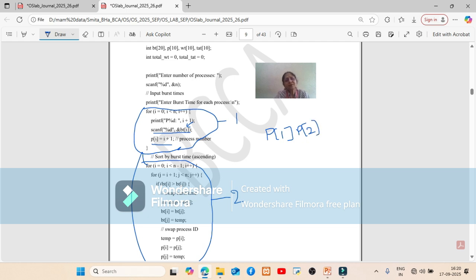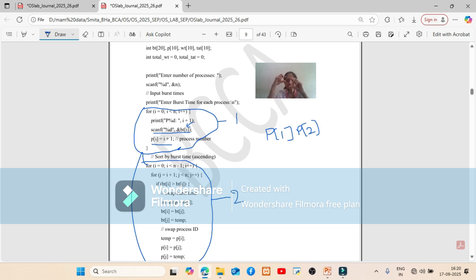In our FCFS program, we did not store the process number into an array, but for our SJF, we are storing the process numbers into an array too, because we are going to swap, or sort, our burst time array as per the shortest burst time. And when we do that, we also want to sort the process numbers.